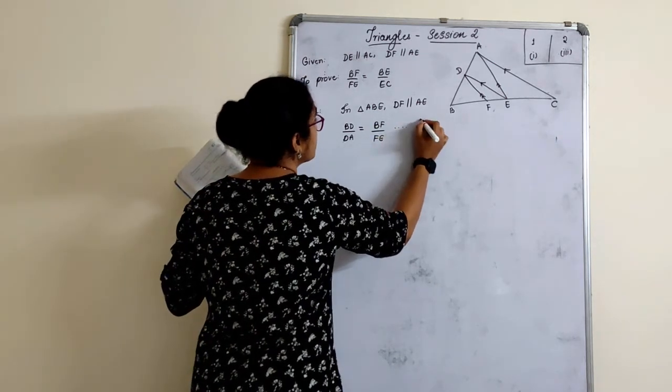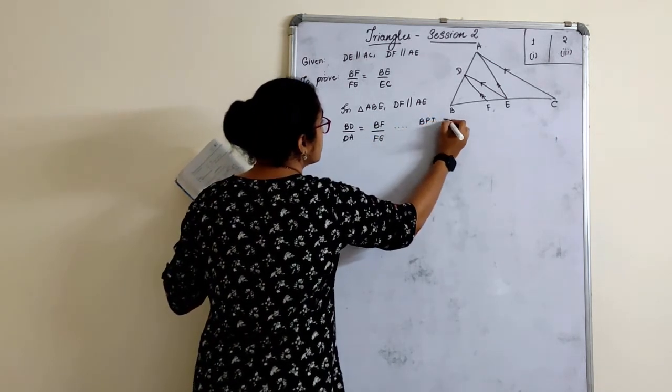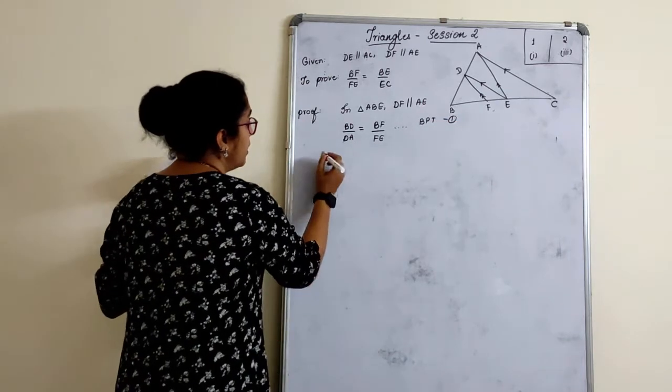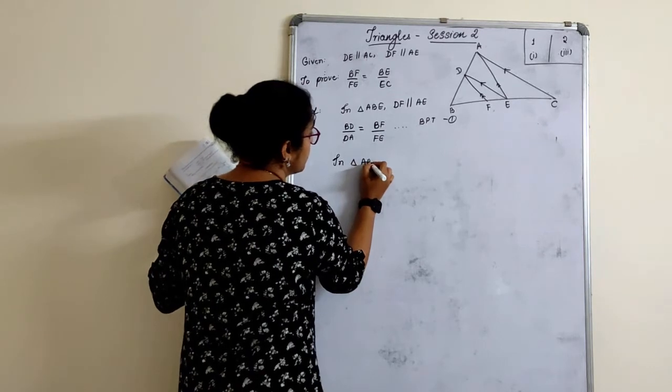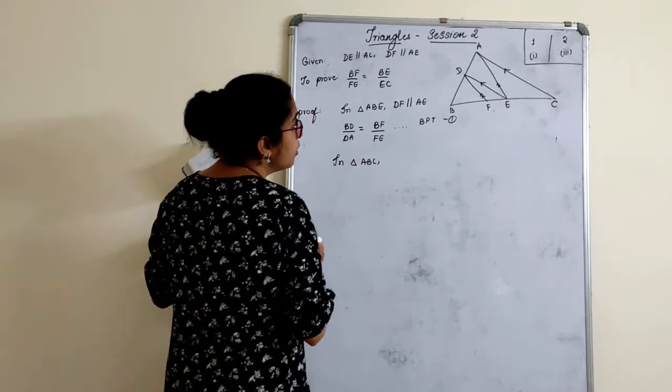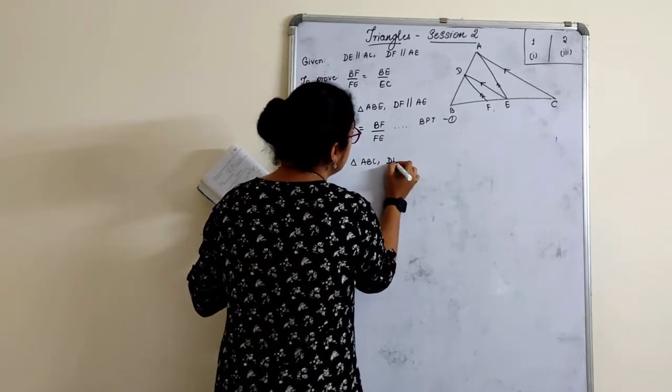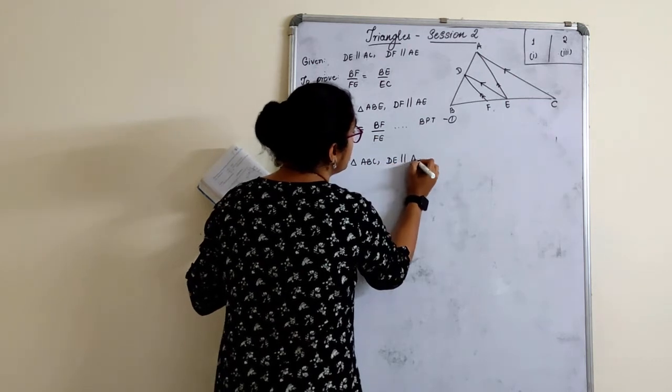Reason: BPT. Equation 1. Again, in triangle ABC, the whole triangle, what is parallel? DE is parallel to